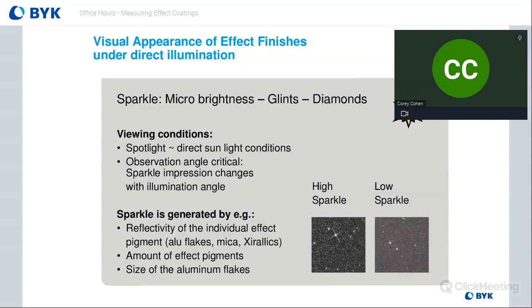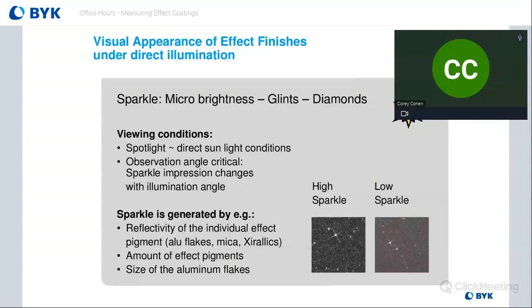So in addition to causing this light dark flop effect, what we also get with these metallic pigments is this sparkle effect, this glint, this kind of diamond look, however you want to describe it. This is something that happens only under direct lighting conditions, so it wouldn't happen quite as much if you're looking at it under diffuse lighting, like a cloudy sky. But under sunlight, when you have a metallic coating, a metallic paint job, you're going to see that brilliant